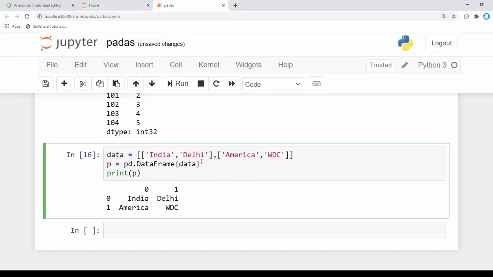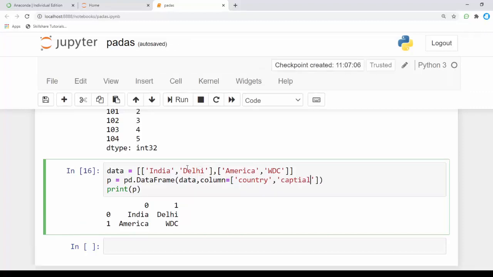I want to specify a column. That's where the columns keyword is given for the data frame. Country, capital.